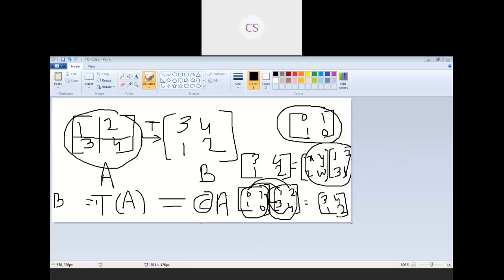So what we are doing is we are pre-multiplying the given image with this 0 1 1 0. If it is a 2 by 2 scenario, we can multiply like this. But if it is a bigger, higher dimension matrix, what will we have to do? Let me take one more example. This is the 2 by 2 scenario. Let me take another scenario, but before that I will save it.